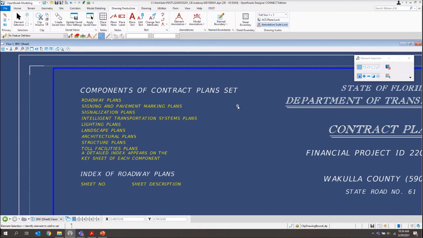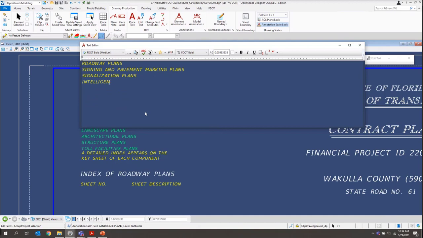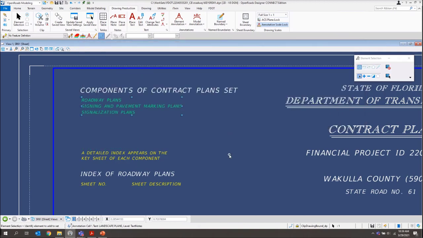Once we've got it placed, we'll just double click on the text and remove any of these components that aren't a part of this project. So I'll do that now. And then again, left click to accept the changes, and we've got that placed in there.